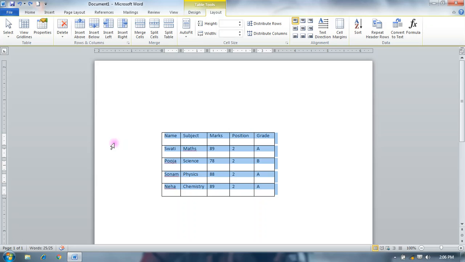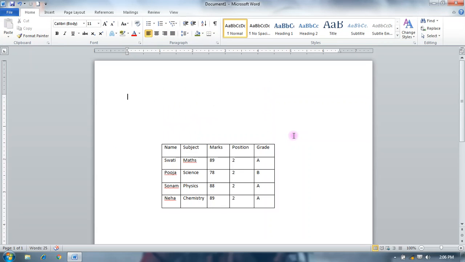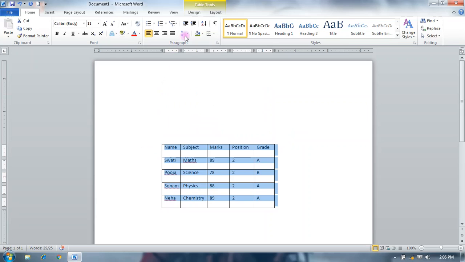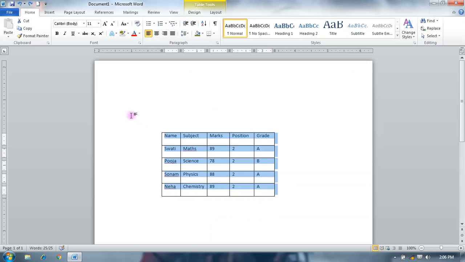And get your tables back. And split table is used to split a table, so it splits your table into two or more tables.